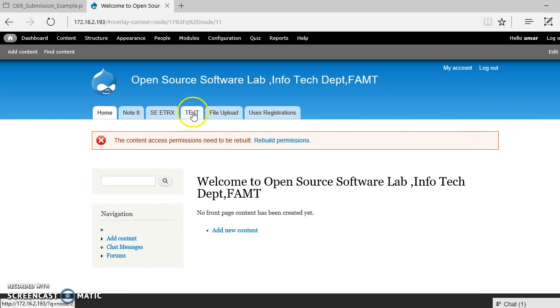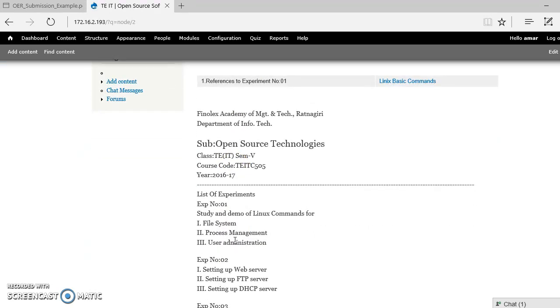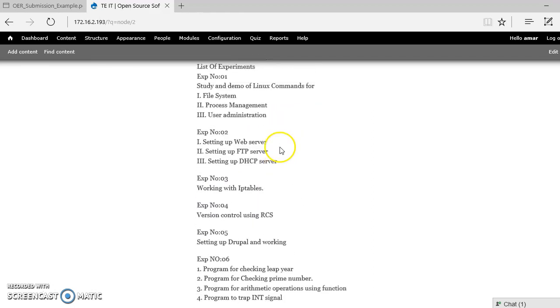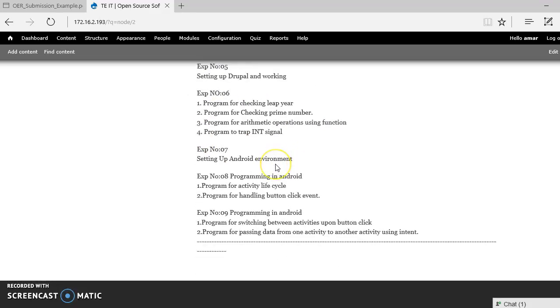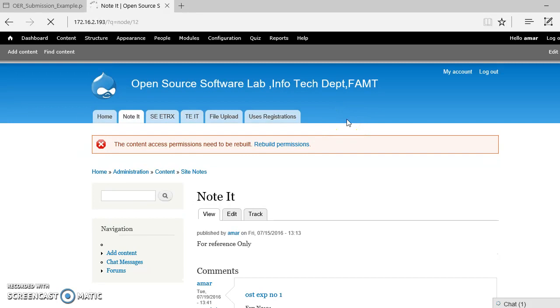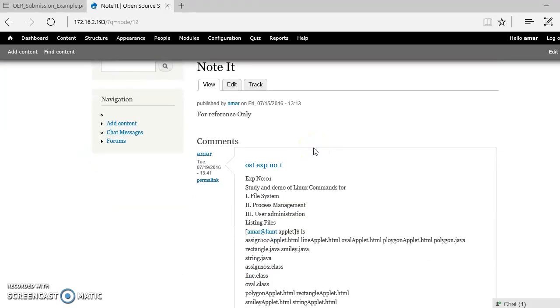Okay, another one, for example, this node which is created for the TIT students, third year IT students. What this explains is that I have just uploaded a list of experiments, so the students can view what experiments they are supposed to perform in the upcoming week, and so on. Then there is the node Note IT, which is available only to the admin users, and this can act as a diary where I can put the important things.